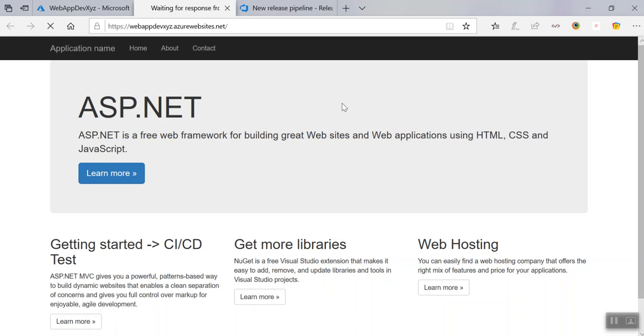So that's it, this is the complete flow. The developer makes the code check-in. That is not the right approach to automatically trigger the build, but it should go through a different process, like pull request, code review, and then it should go. But we are bypassing that. The build has been done, and once the build is created, it will take the latest build and automatically deploy it to the app service plan. So here we go, it is test version 2.0.